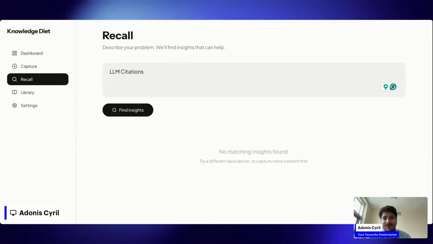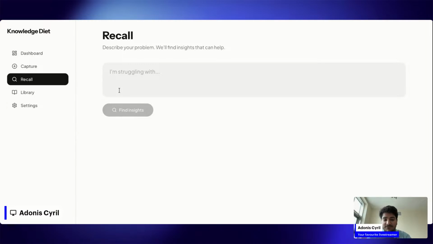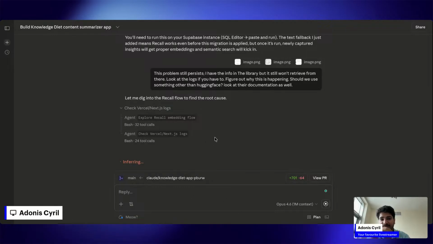do right now. And yeah, it's not really cool because LLM citations are literally here, man. They're literally here. So why is it not able to recall this? At the end, I think Hugging Face is not the right one for this. I don't know. This is like those times when I really wish I had somebody really advanced at this. So yeah, and Claude is just taking its own sweet time to reply to me. So yeah, we'll see how it goes.